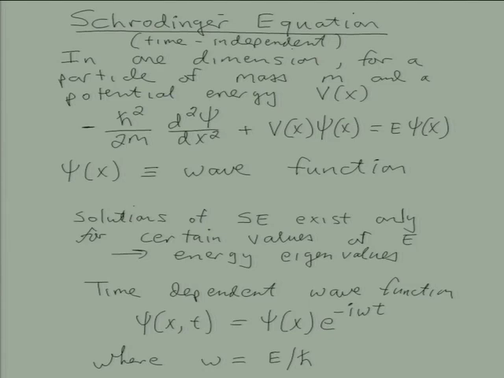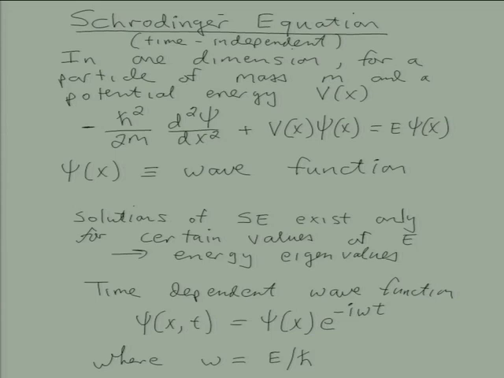a spatial variable x, and then I add to that whatever potential, and we'll talk about the potentials we have later, that might be functions of position and time. That combination of operations on the wave function equals the energy of the system times the wave function. Okay? It's called an eigenvalue problem, because I have a function psi, I do some operation on it, and as